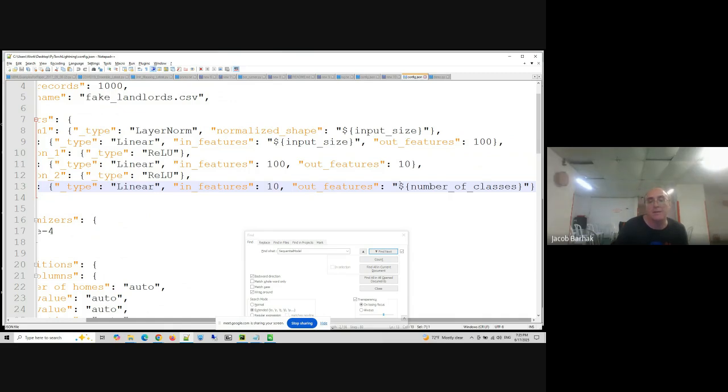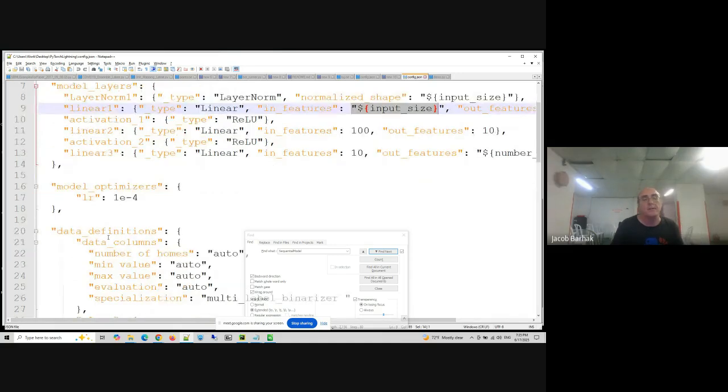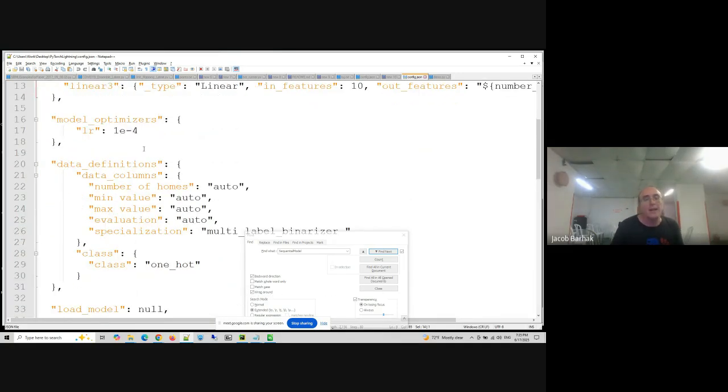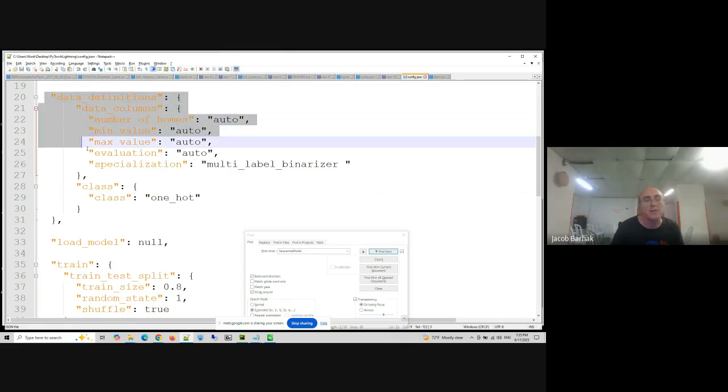And here we get out the number of features. And here you notice I say $number of classes, and I have $input size. The input size is the size of the vector that we're starting with. This later will be automatically translated by the machine. Later on, I define how this model will be optimized during training; these are parameters of the optimizer. We're going to talk about that later. But this is more important.